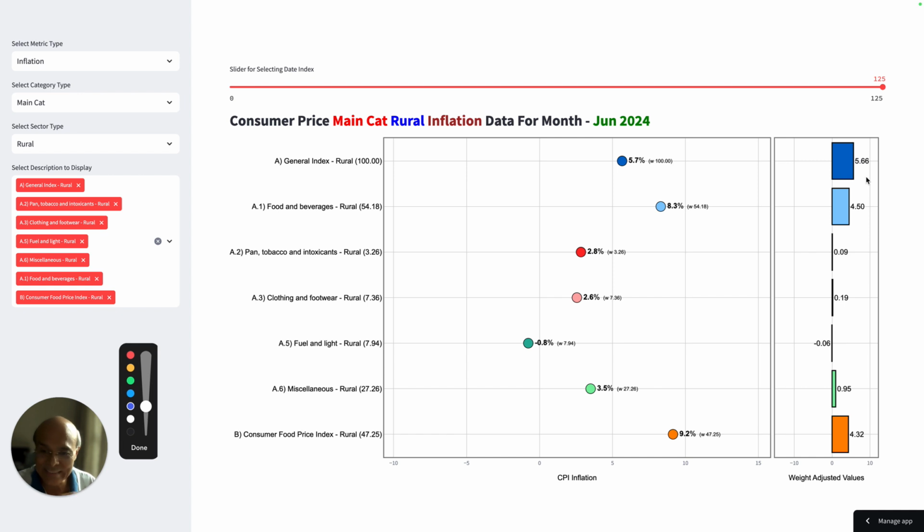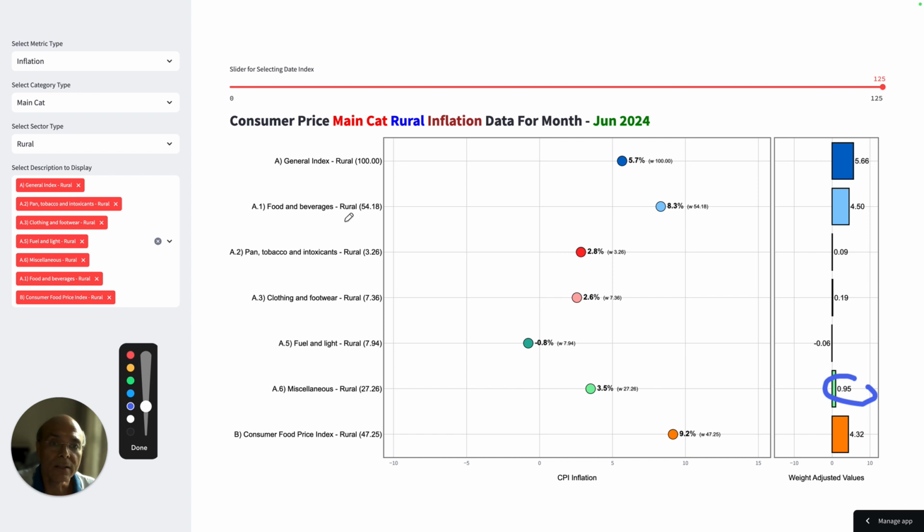So that is the contribution of food items as far as rural is concerned, and the rest is very, very minimal. There are even the miscellaneous items, which also have a weight of 27.26, and you will find that the contribution is only 0.95, right?